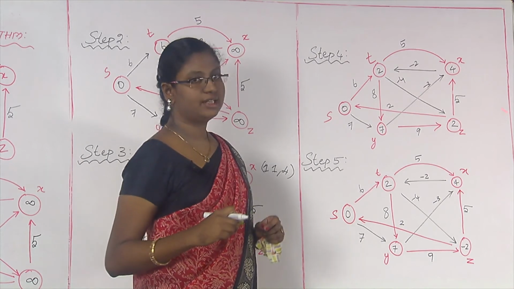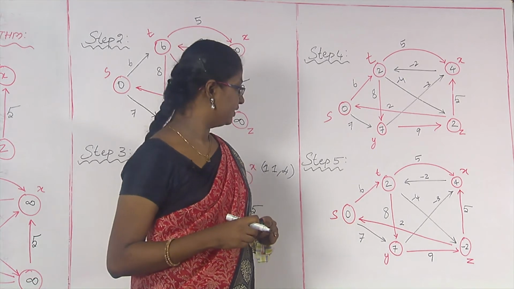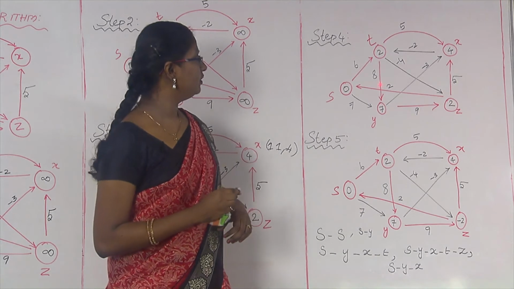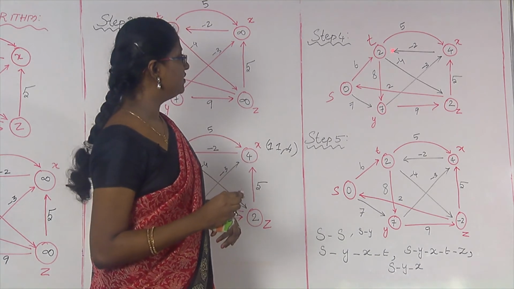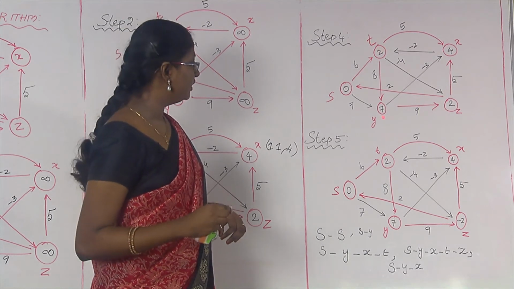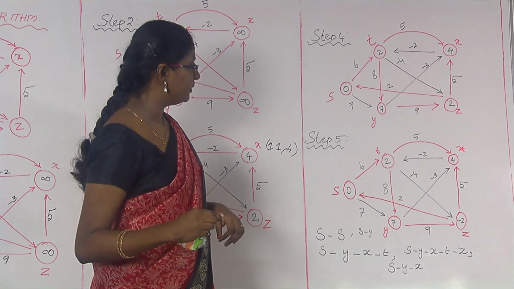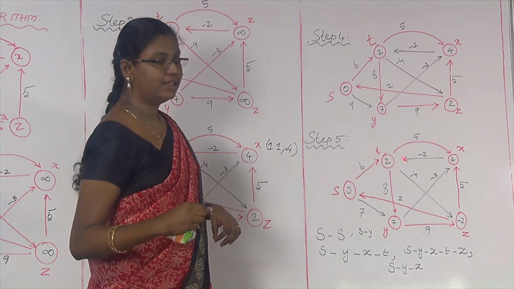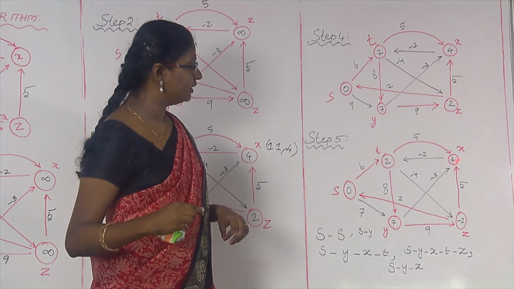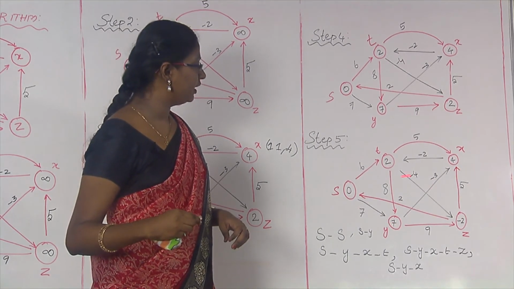Here we are going to recheck again so that we can find any shortest path from s to all other vertices. Now we move to the next step, that is step 5. In step 4 you can see the distance changed from 6 to 2, that is, the distance from s to t changed, and here we made use of this path from S to Y, from Y to X, from X to T. Only then we got the distance from S to T as 2. Here the distances are already fixed because we already considered the minimum distances from S to Y and from S to X.